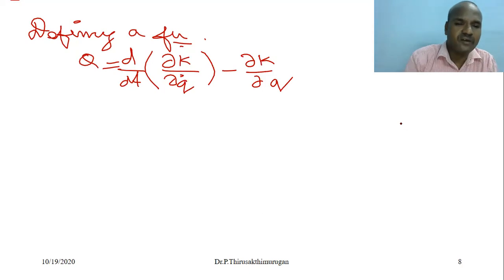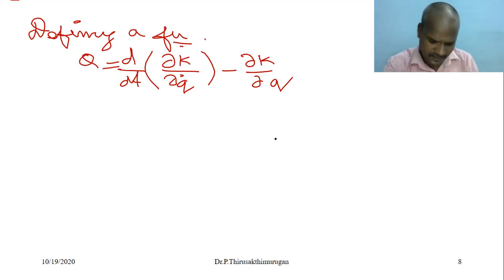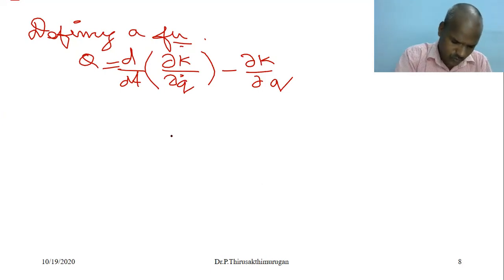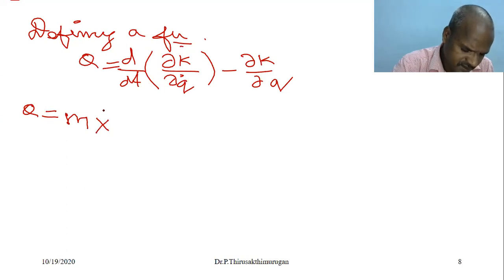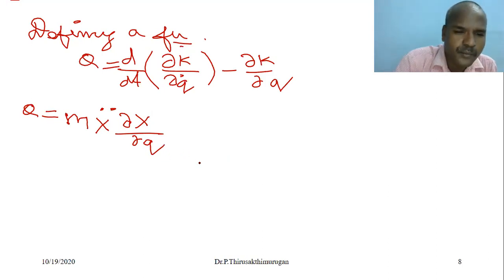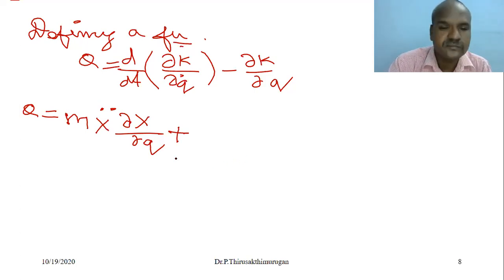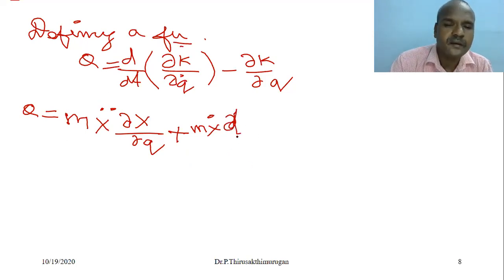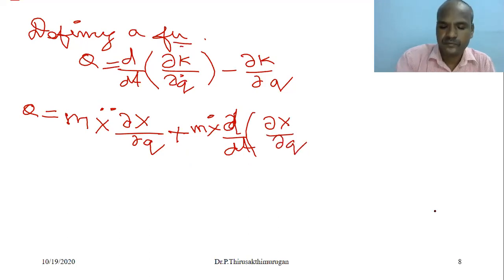We already have the left hand side equation, so Q equals m x double dot dou x by dou q plus m x dot d by dt of dou x by dou q,